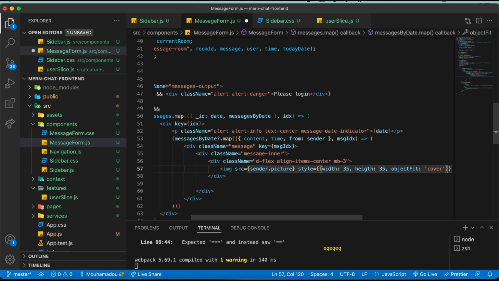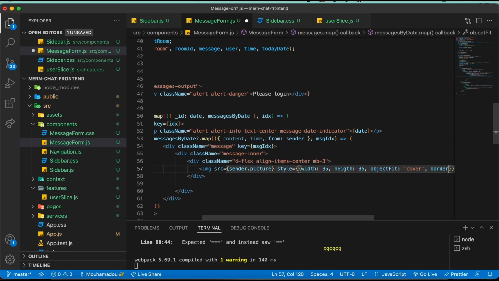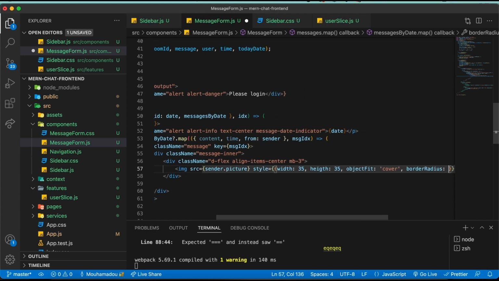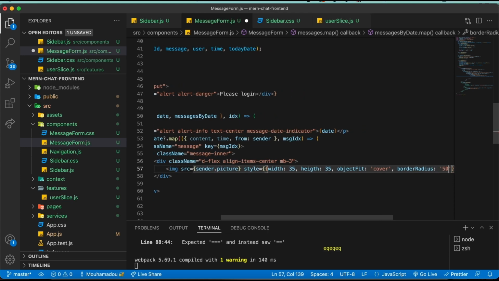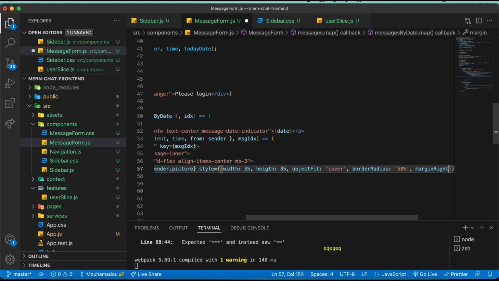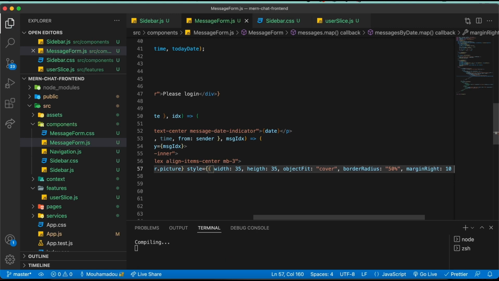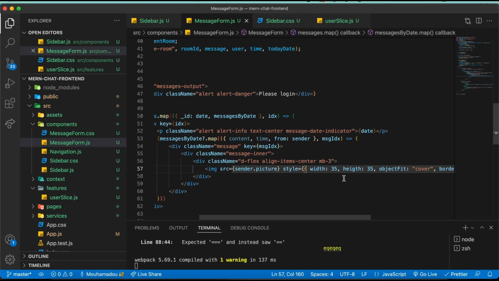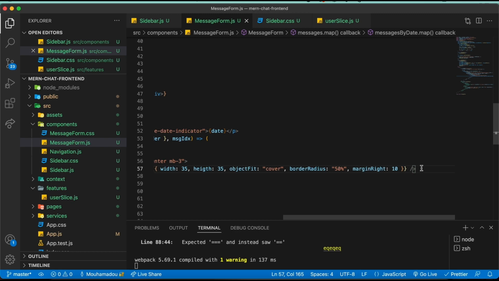Let's add some border radius percent and margin right of 10. So we are showing the user's picture, and below the picture